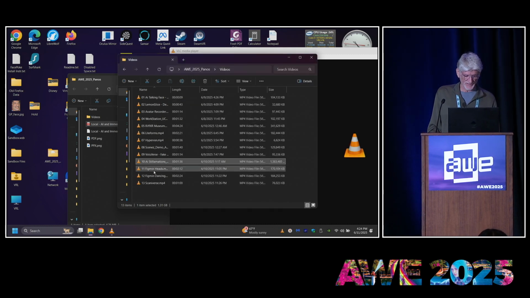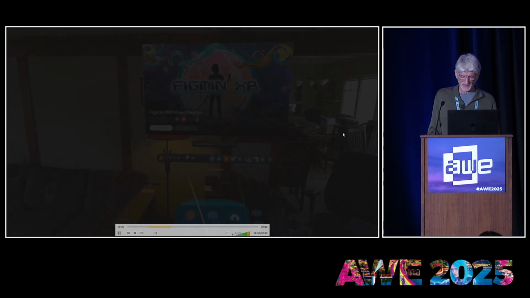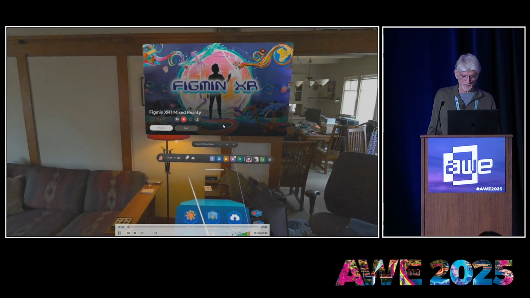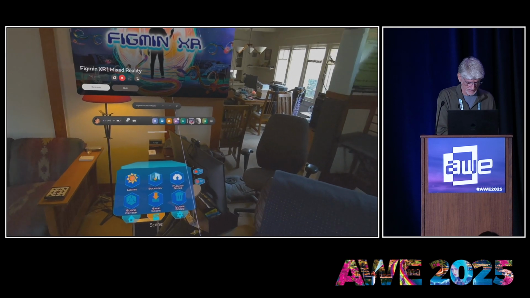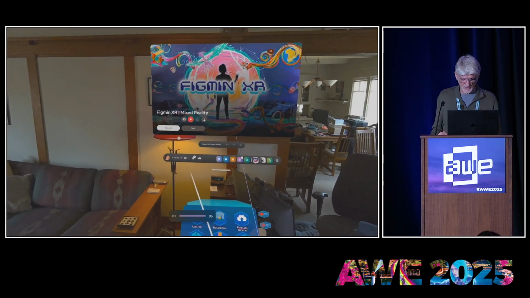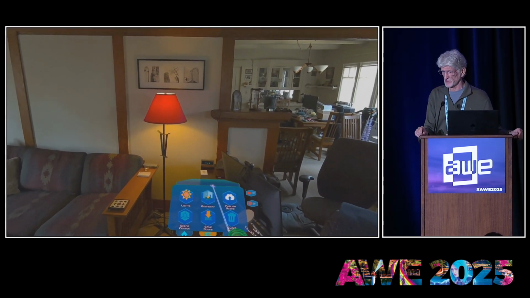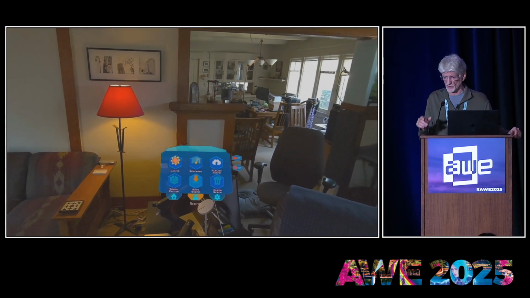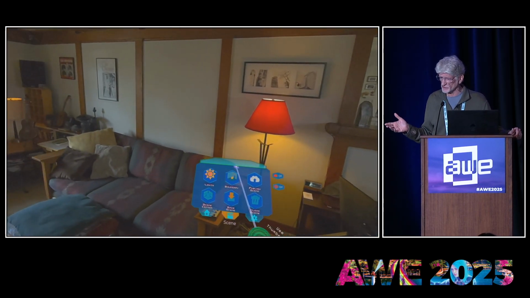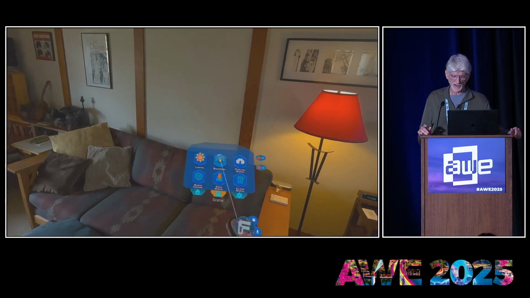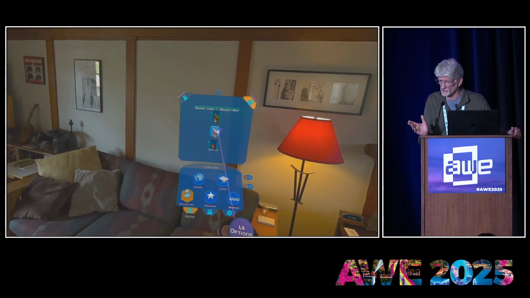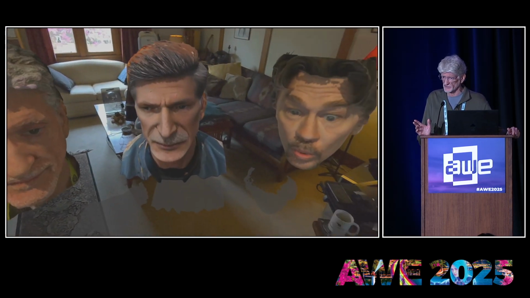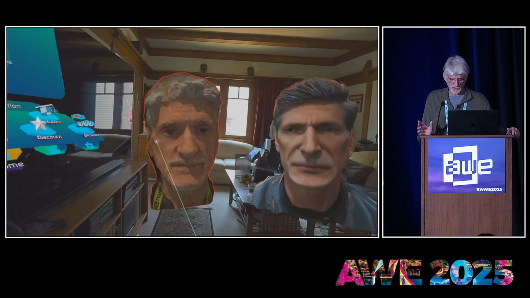And then I want to show Figment really quick. That's the app I've been bragging about. So here is a demo of the AR authoring system, Figment. I love this app. It's $30, and if you buy a MetaQuest or Pico or any of the other systems, it runs on all these platforms. It either comes free with it, like with the Tilt 5, or it's about $30, and it's the best $30 you'll ever spend, other than the $300 or $400 for your headset,